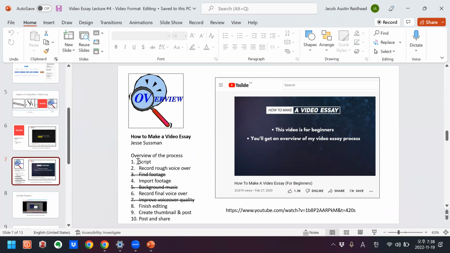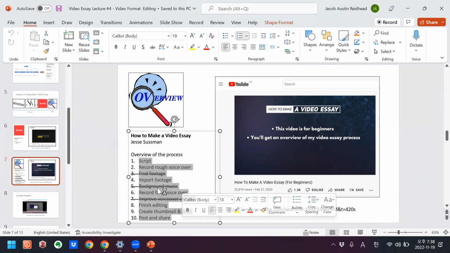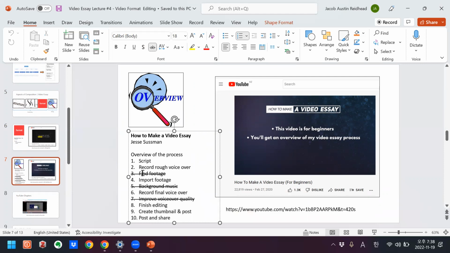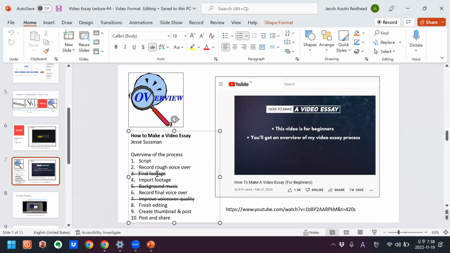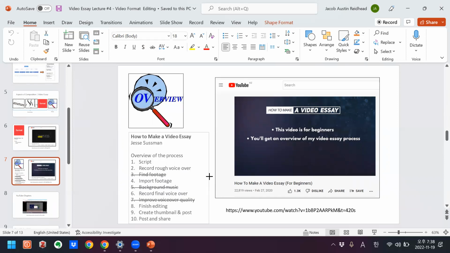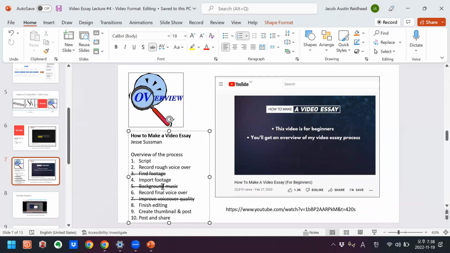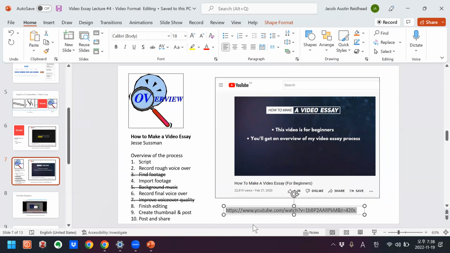I'll show you. He has a 10-step process here. I skipped these sections, section 3, 5, and 7. He goes into a lot of detail. Section 3, finding video footage. This is not relevant for our students because they already have content. And background music, I watch a little bit of this, but then he goes into a lot of detail about this and also about number 7. That's not, if the students want to look at that, again, they can watch it. But